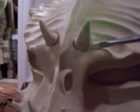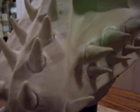I carved around, pressed all the clay back from the centers, and then whatever was lifted, I just went in and brushed up, and with enough strokes of the brush, it'll just mat into the rest of the clay. So it's a matter of taking your time, and this is stuff you can do